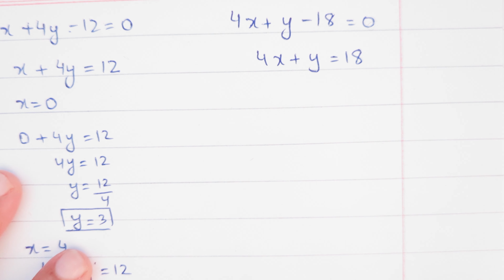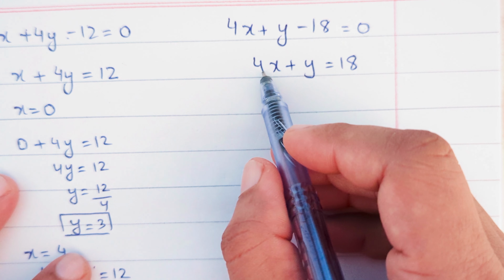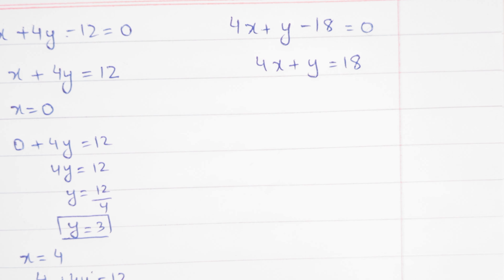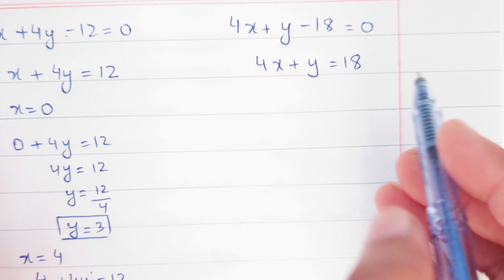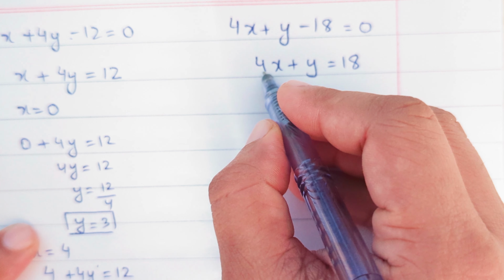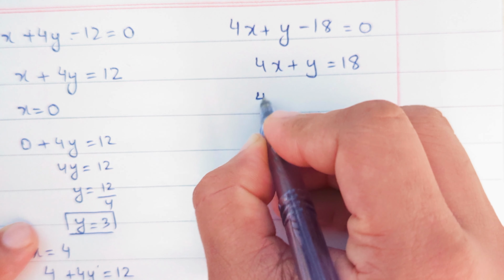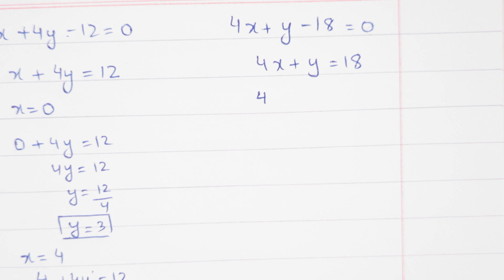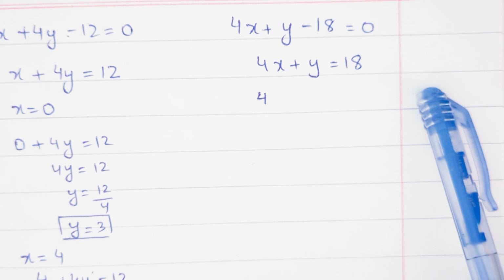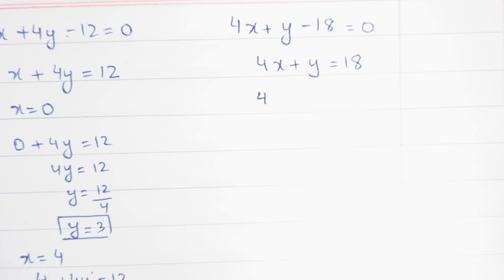So let's solve the second equation the same way. 4x plus y is equals to 18. Here we have 18. If we suppose the value of x as 1, when we move it to the other side, it will be subtracted. So let's take the same values. Let's take -4. If we take -4, it will become -16. When moved to the other side, it becomes 18 plus 16, which gives us a very big number.